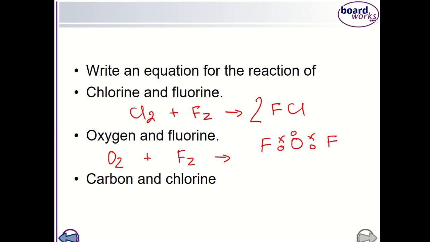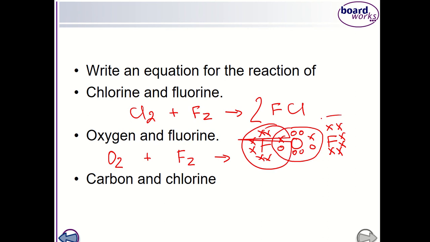Oxygen has 6 in its outer shell, so we'll leave 4 on it there, and we can see now that the oxygen has a full outer shell, and the fluorine has 7. So 6 crosses plus the one that's in the bond, and the same on the left hand side. Okay, and then we can see that fluorine also has a full outer shell,